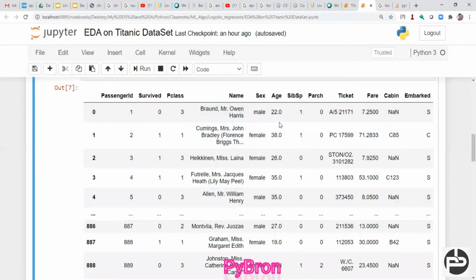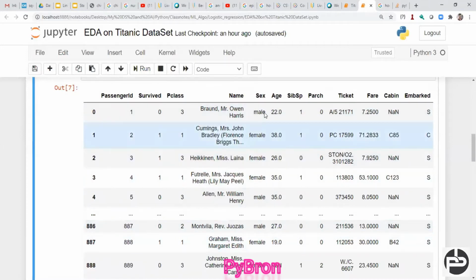Age of that person. SibSp means how many family members are with them, whether they are single or have other members with them. Then Parch, which is a kind of thing like, if you are going on a flight or train, what berth they provide: lower, upper, middle. Then the ticket number and the fare price, meaning the fare of that ticket. Then the cabin, which cabin it is.